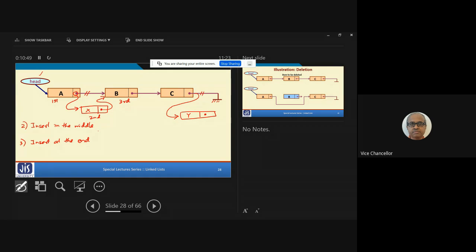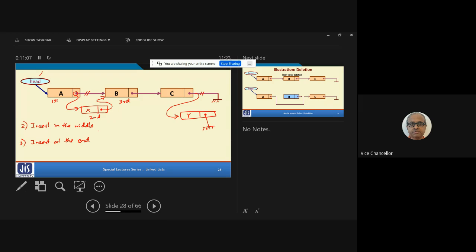And the next pointer of Y will be pointing to null. So if we can do this, then obviously Y will be inserted at the end. So Y will be coming after C, right? So these are the three different scenarios.